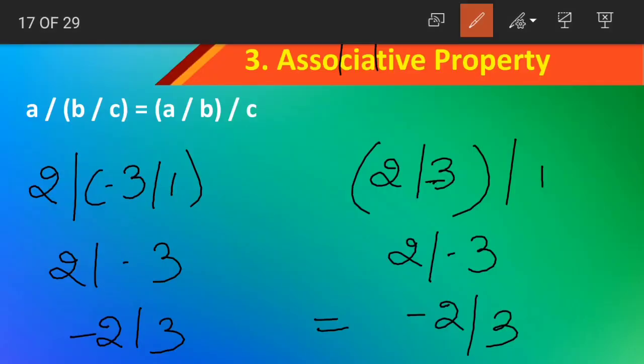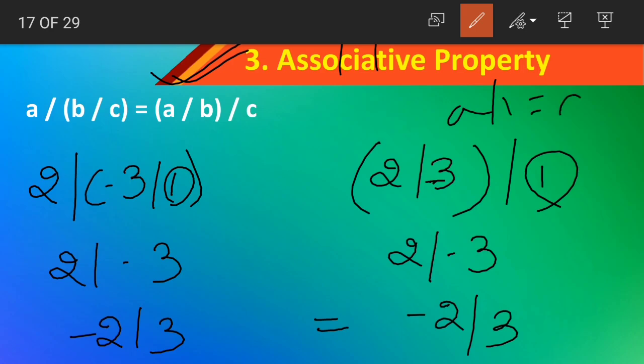So you might think division of integers follows associative property, but it is not the case. Here we have taken 1 as one of the integers, so we got LHS is equal to RHS, because as I said, any number divided by 1 always gives us the same number as the answer. So here we got LHS is equal to RHS, but in reality, division of integers does not follow associative property.